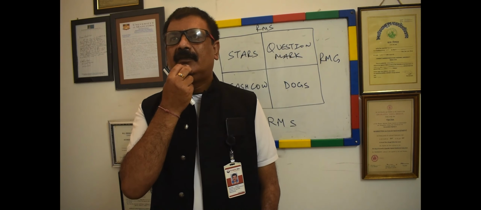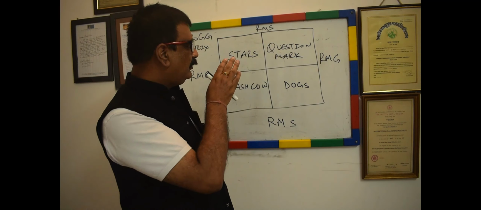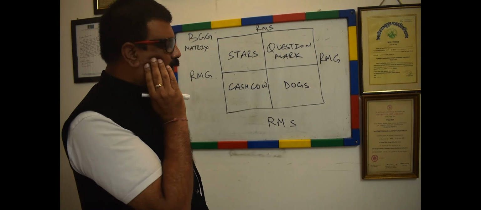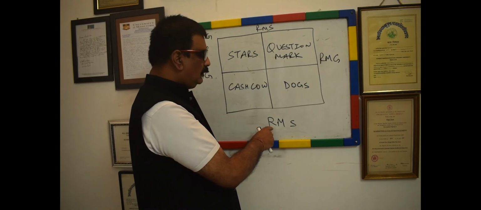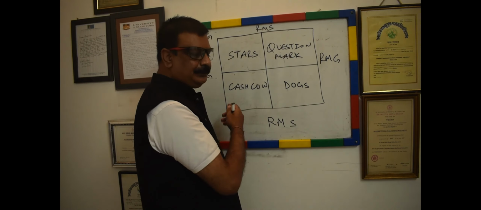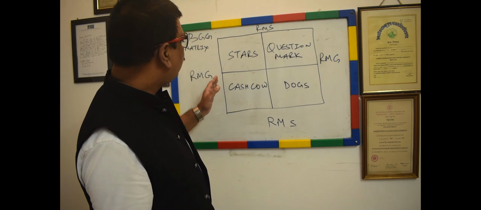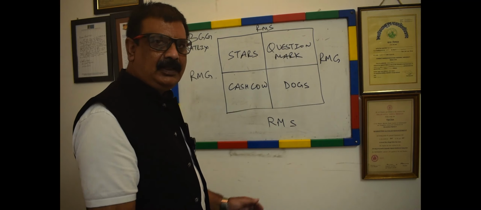Now, whatever is written in the books, as a student, as a researcher, we should try to post-mortem each and everything. So I'll go through it with my experience and let you know how it functions. If you look at it, it's a matrix with 4 quadrants. You have relative market share on this axis, right? And then you have relative market growth on this axis. So there are 2 axes, vertical and horizontal.